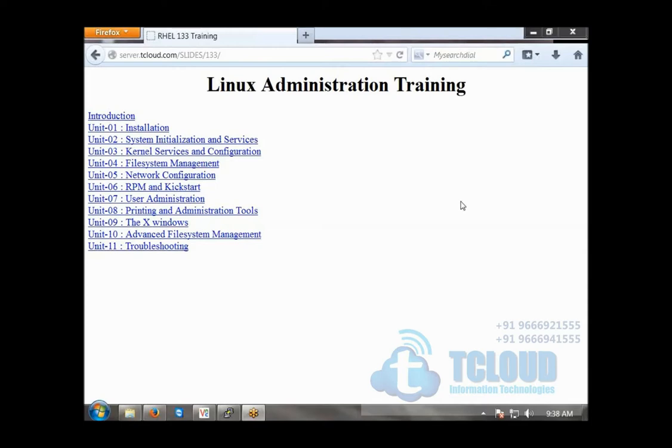Before I go across with the demo of the topics, let's go with the summary of what all we provide in the training. The course content is going to be around 15 hours. We do have the infrastructure and the lab setup where you can actually practice all these Linux-based topics.